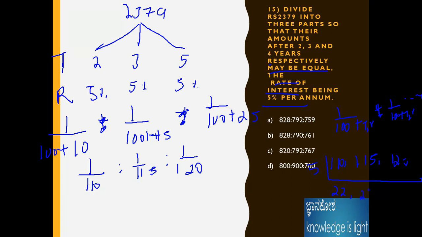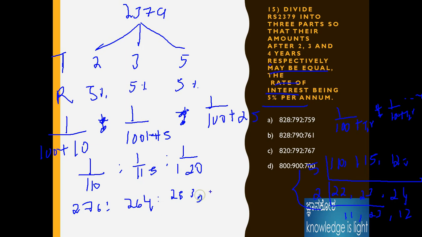110 divided by 5 is 22, 115 divided by 5 is 23, 120 divided by 5 is 24. Again we can divide by 2: 11, 23, 12. 23 is not divisible by any of the numbers. If we divide like that, we get 11 and remaining 23 into 12. The answers should be 276, and the remaining should be 264 as well as 253.